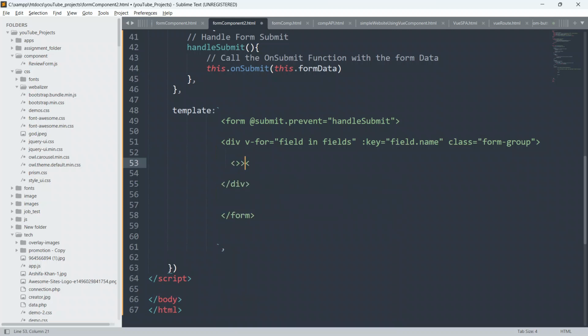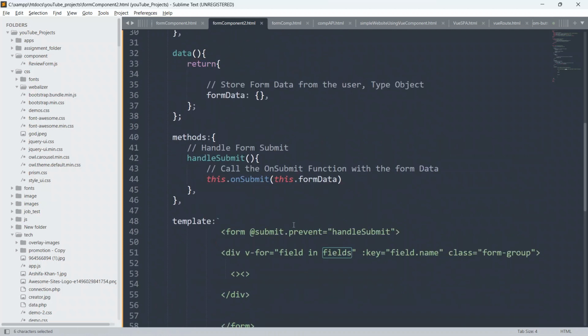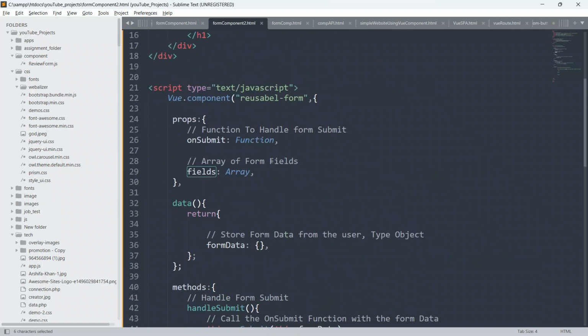You must be thinking, if there is nothing inside this fields array as of now, then how am I going to loop through it? Just be here and watch the entire video carefully. I will try to explain each and every step I did here, and then only you will be able to get something from this video. I will explain everything in detail.